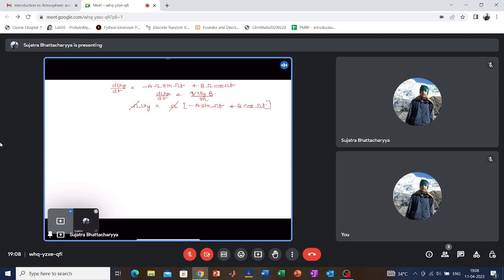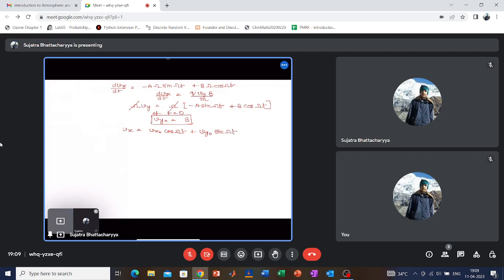Chop out this thing, and we know that at t equal to 0, again Vy0 will be what? B. Because at t equal to 0, only this cos will be 1, but sine will be 0. Therefore we have got B, we have got A, right? Just write that in this particular expression. So Vx will be equal to Vx0 cos omega t plus Vy0 sine omega t,